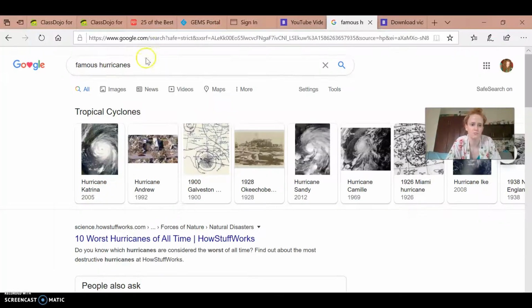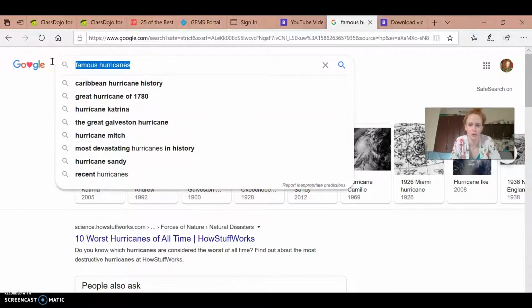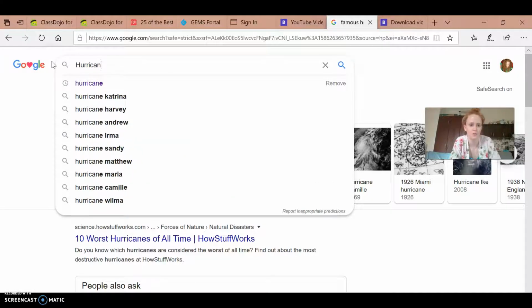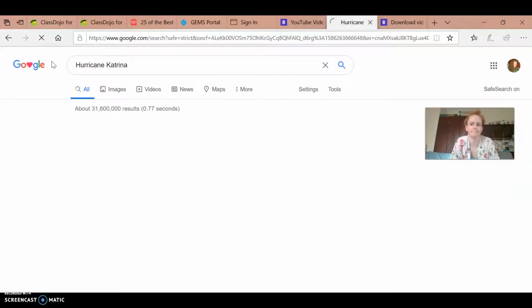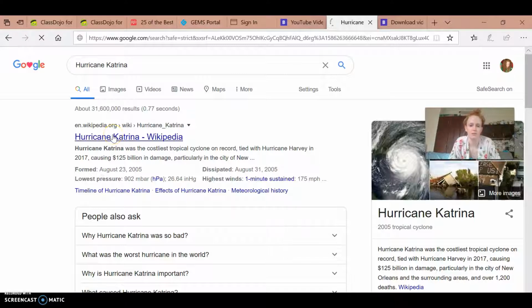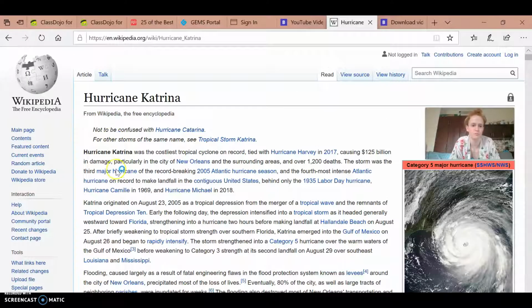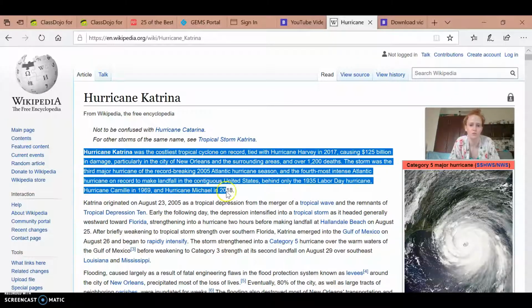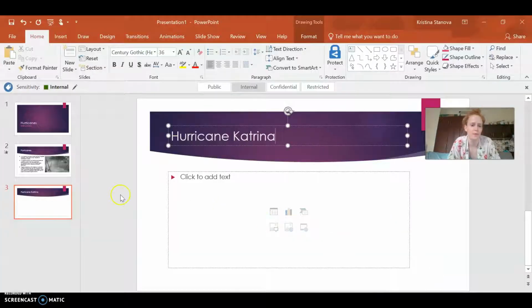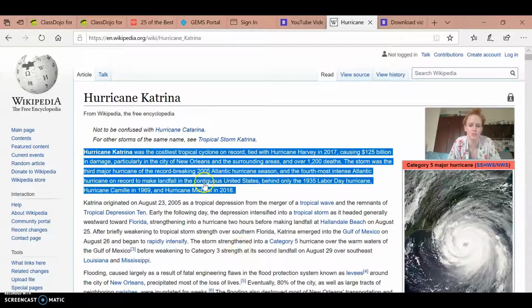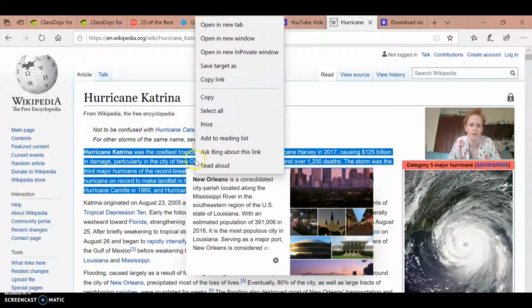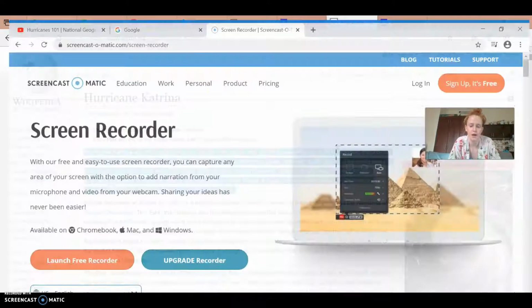Okay, so again, I just need to get my info, which is by typing into Google. So Hurricane Katrina. Right, it gave me a Wikipedia page, so perfect. Katrina was the costliest tropical cyclone on record. Okay, I'm going to copy this. I really like this piece of information, so once again, what I did was select all of it, right click, copy,